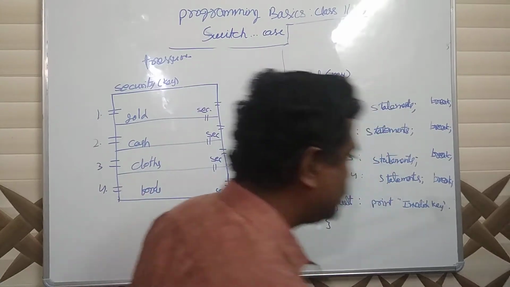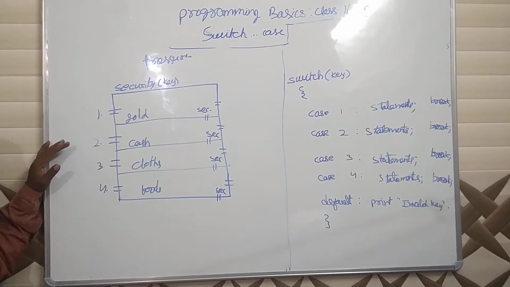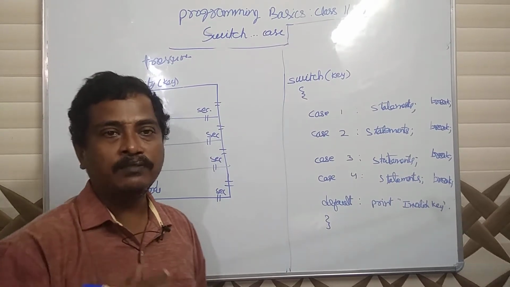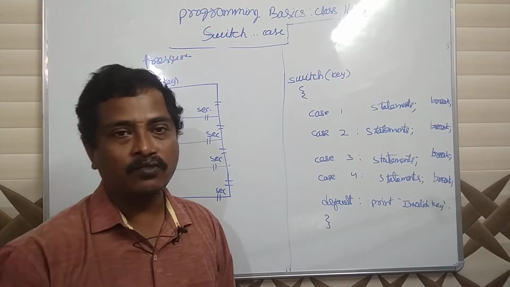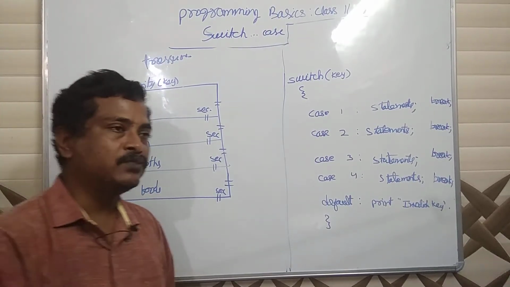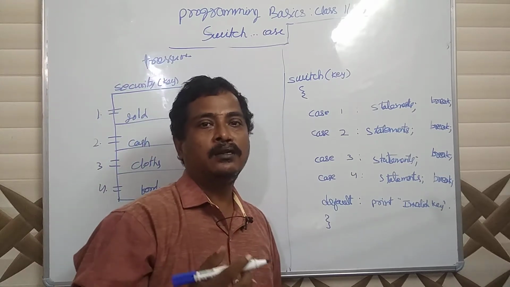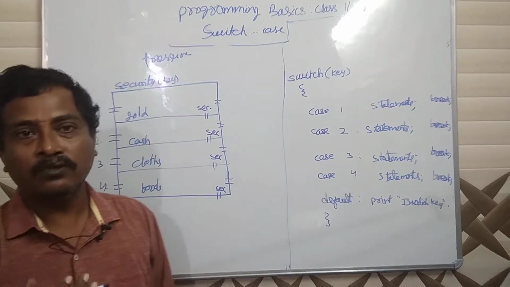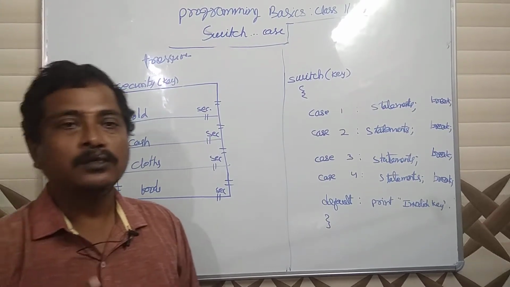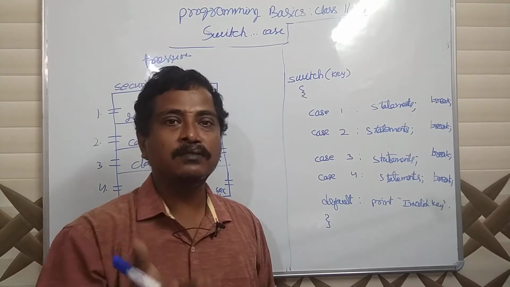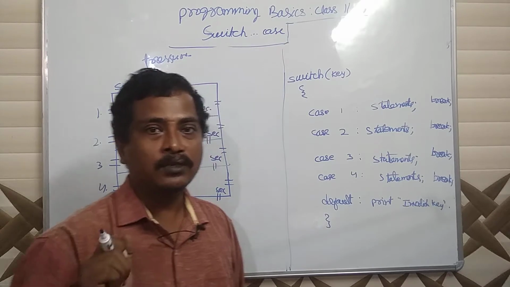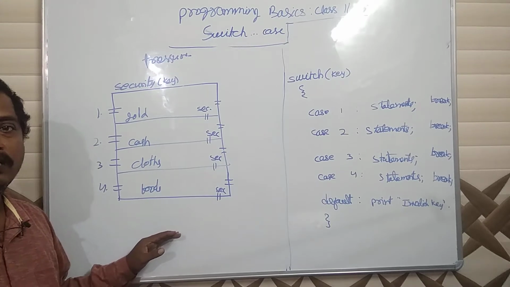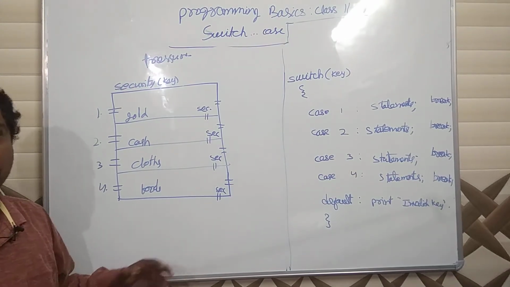Let us implement this switch case in a program. Generally the switch case is implemented in a menu driven program. That means suppose you are going to a restaurant, there are a lot of foods: fast food, lunch, dinner, veg and non-veg choices, soft drink choices. So many things are there, and you have to choose one or two among them. In that case a menu is given to you and you choose one or two. This switch case acts just like a menu in our menu driven program where there are more choices.